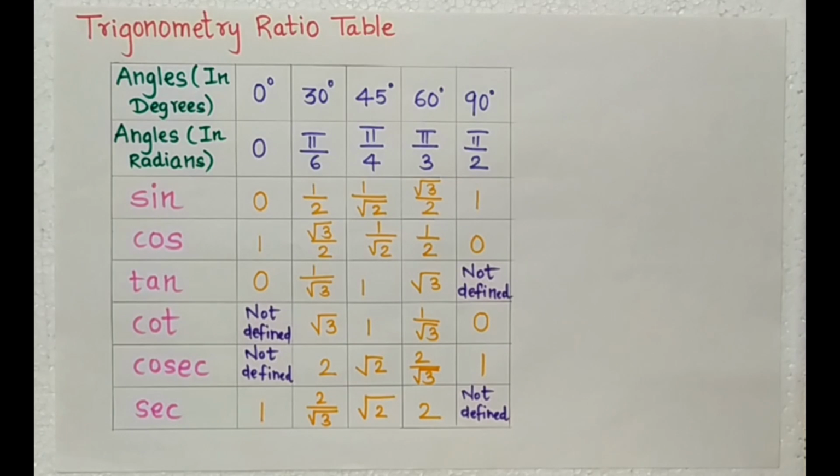Hope everyone knows about the trigonometric ratio table and also remembers all its values. This is just to remind you the values of sine, cos, tan, cot, cosec and sec, because we are going to use them in the coming problems. So take a glance at it. Now I will move on to the important formulae and an example.